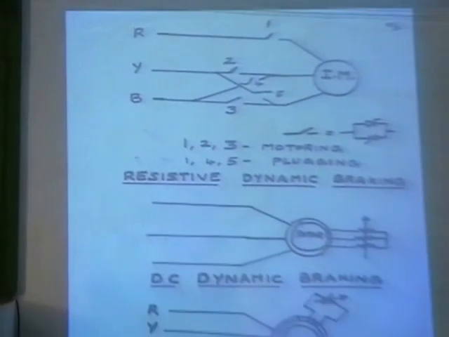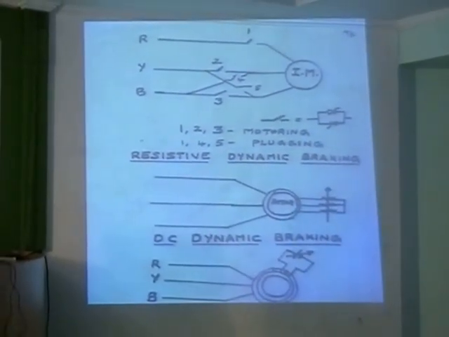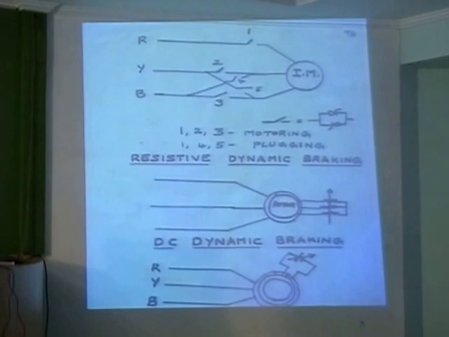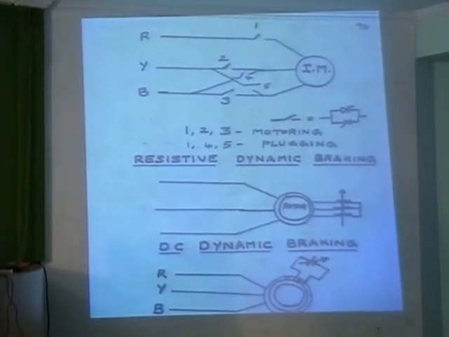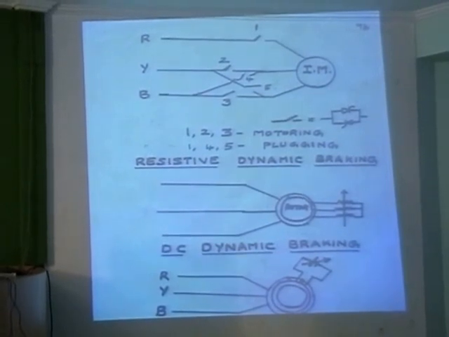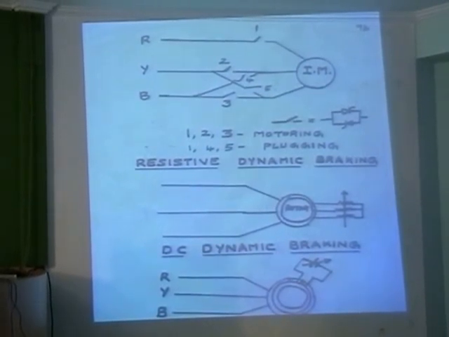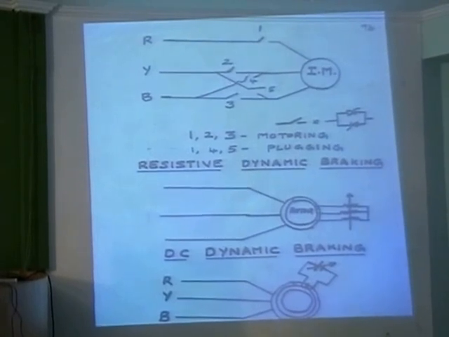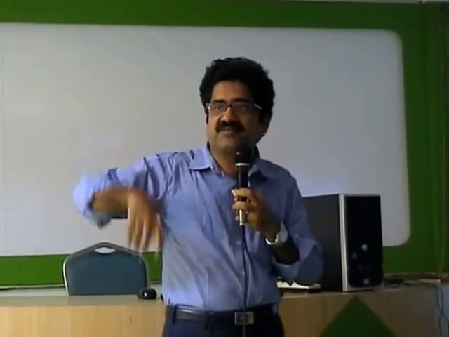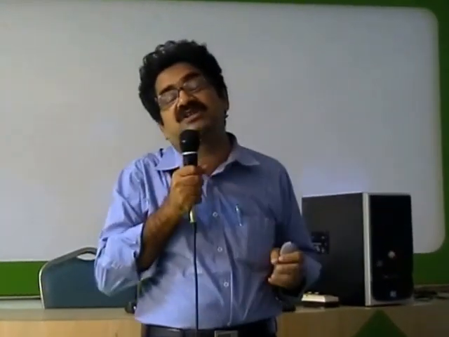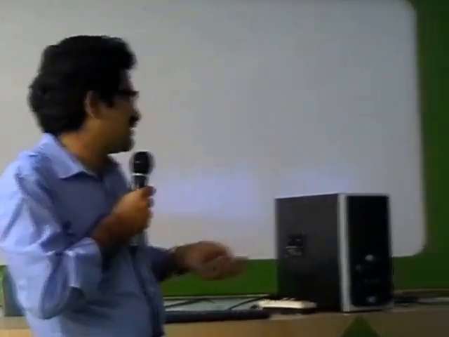So you have seen this, you find in old floor mills. When you go to a floor mill, you find that the operator is moving that handle to reduce the speed or to increase the speed so that he can get the required grains or the powder in a floor mill. So it makes a sound. He is actually changing the rheostat position. So when he is changing the rheostat position, then speed changes, but it involves power loss. Disadvantage of this, power loss is there.